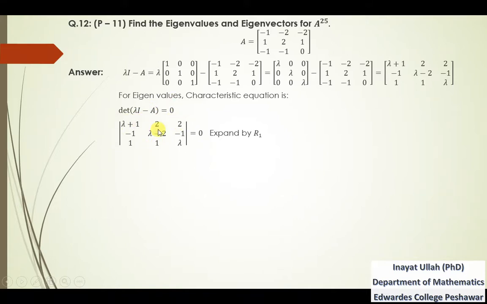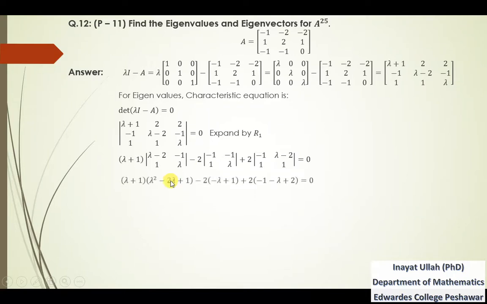Expand by row number 1, that is the expansion by row number 1, lambda plus 1 multiplied by this determinant minus 2 multiplied by this determinant plus 2 multiplied by this determinant. Now simplifying AD minus BC and so on, so multiplying these two minus these two, these two minus these two, these two minus these two, and then simplifying, multiply lambda plus 1 inside, 2 inside and 2 inside to get